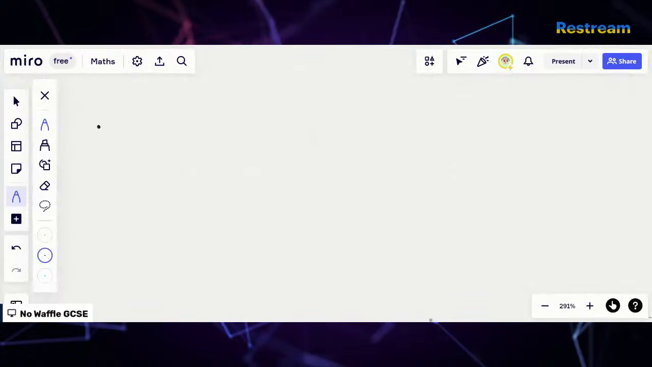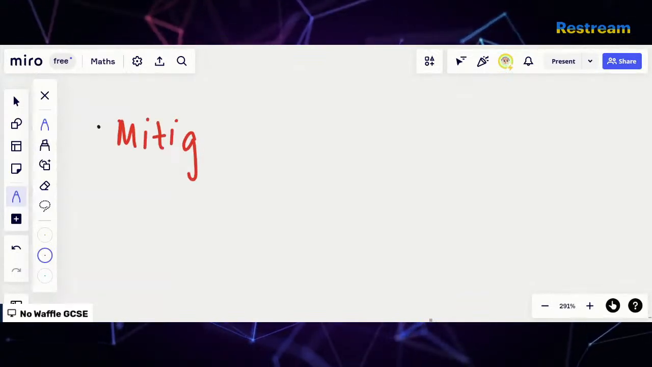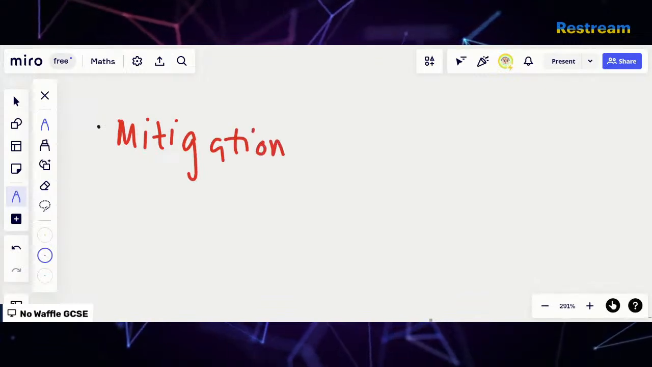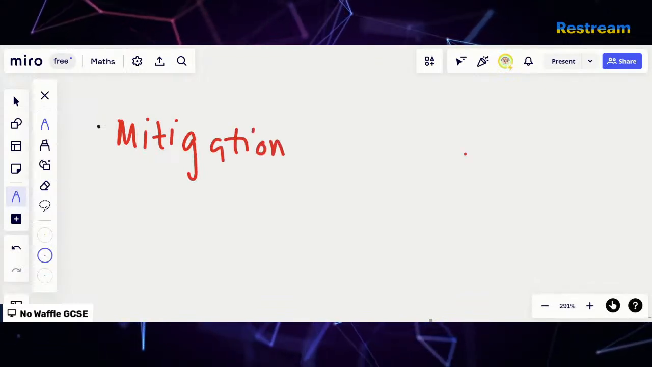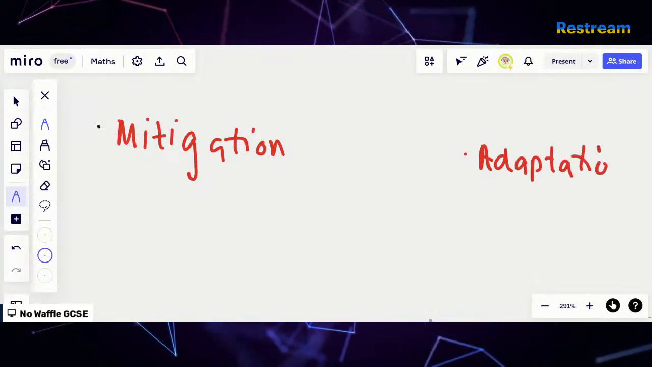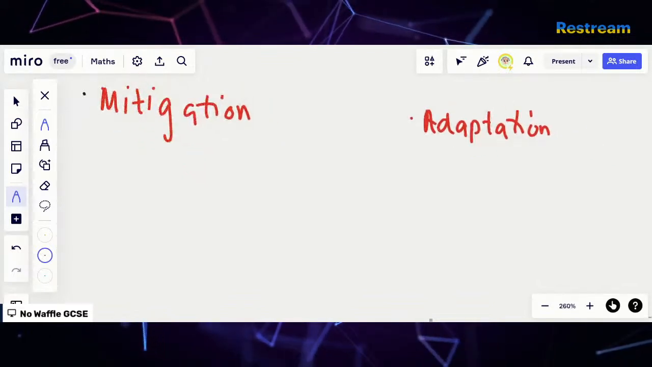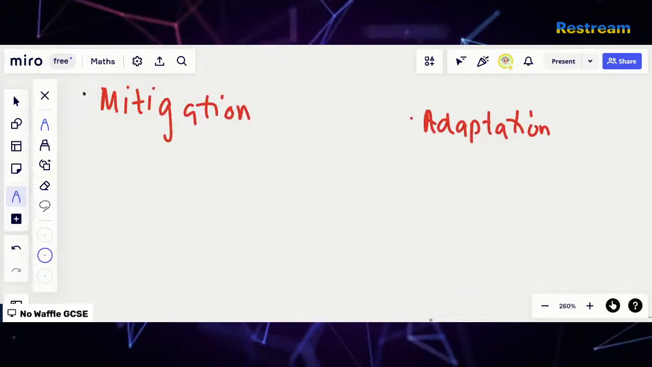So the first one is mitigation. And the second one is adaptation. So I'm pretty sure you know what adaptation means. Adaptation means adapting. So adaptation strategies will be, how do we adapt to